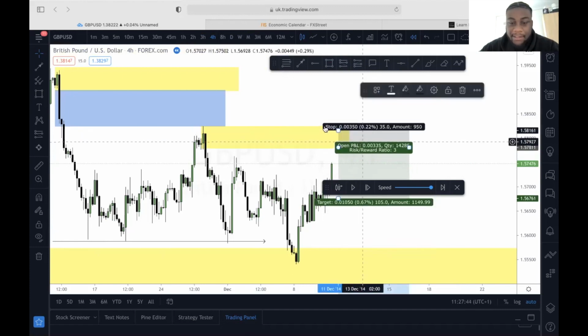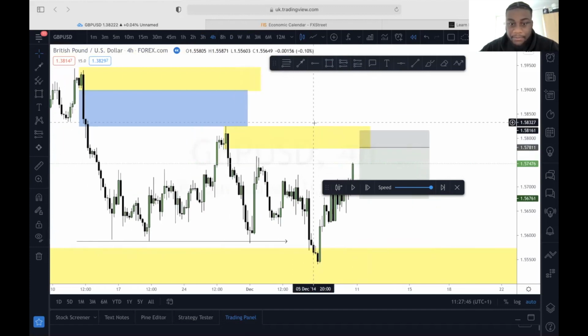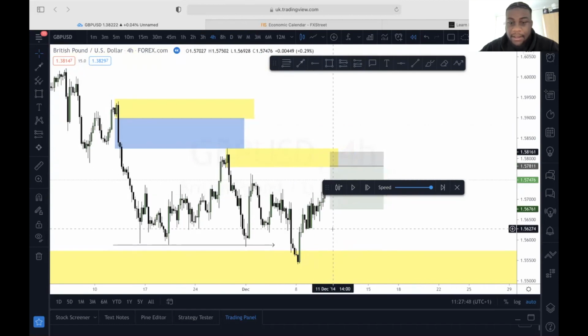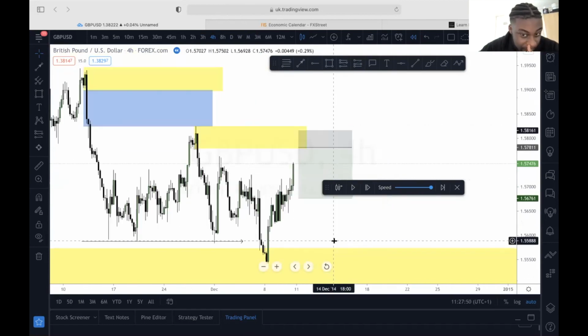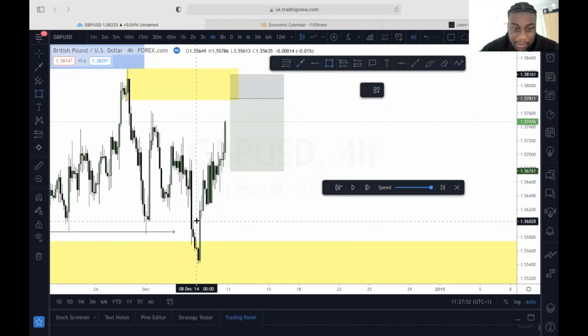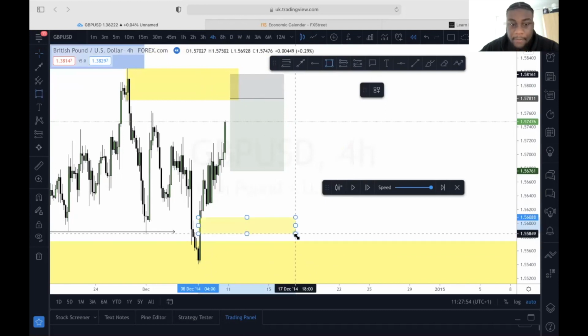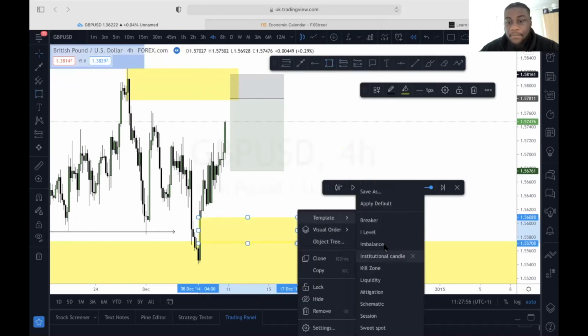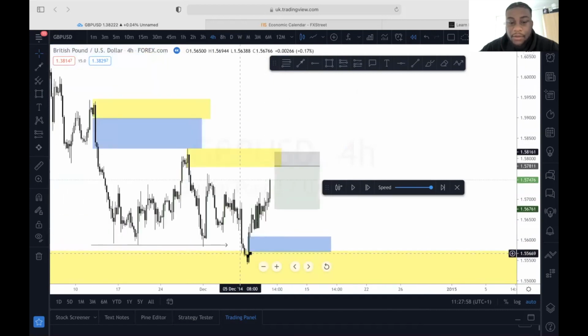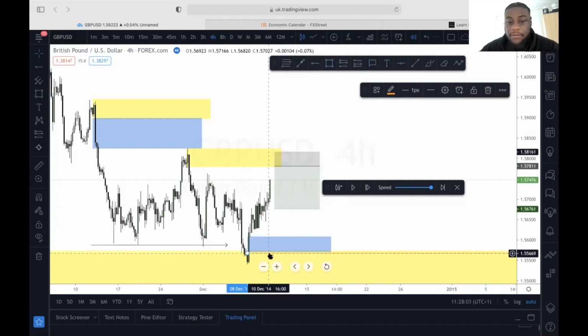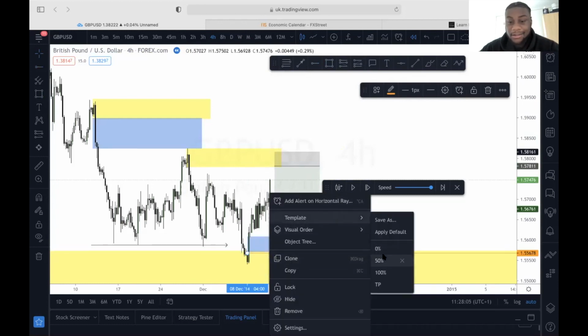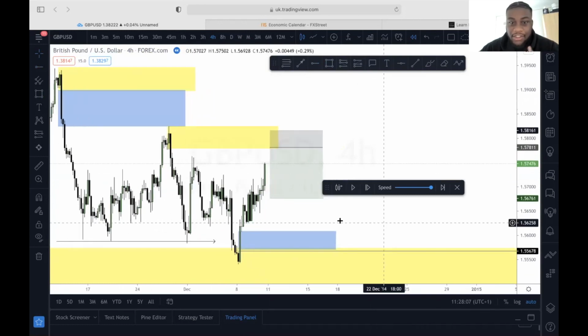And remember, we're backtesting, so there's going to be a series of trial and error. Now, where could my potential take profit be, and where could I exit the market? Potentially I can target the imbalance. I quite like this 4-hour zone here also. So remember, there's going to be many points of interest. There's many areas where you will look to get into the market,